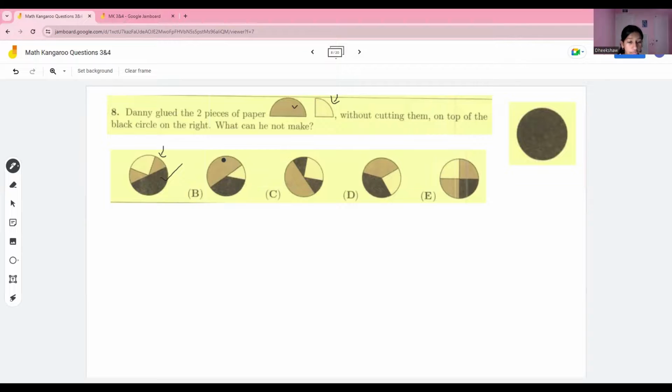Over here, the brown shape is shown, and the quarter is shown. It's just over here, and it is covered by the brown half circle. He can make this image. Next image. The brown half circle is here, the white border circle is here, so he can make this image,